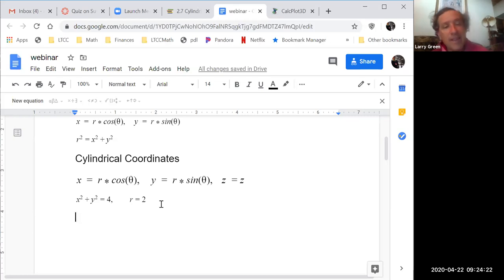So that's a main thing for cylindrical coordinates. Any questions on cylindrical coordinates so far? Okay. It could get more interesting. What if we had a sphere? So see if you can convert